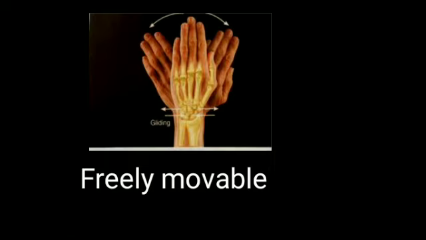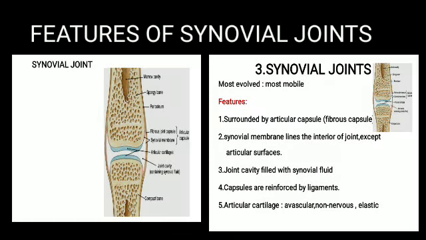The most important feature about the synovial joint is its degree of movements. The synovial joints are freely movable. Earlier we learned that the fibrous joints are immovable and the cartilaginous joints are showing slight mobility. This is the third variety, the synovial joints, that shows free movement, or the degree of mobility is more. And remember, to call a synovial joint, there are certain other features.